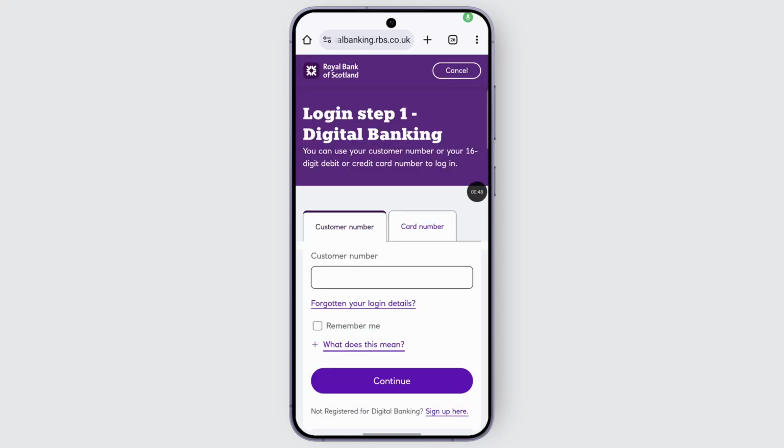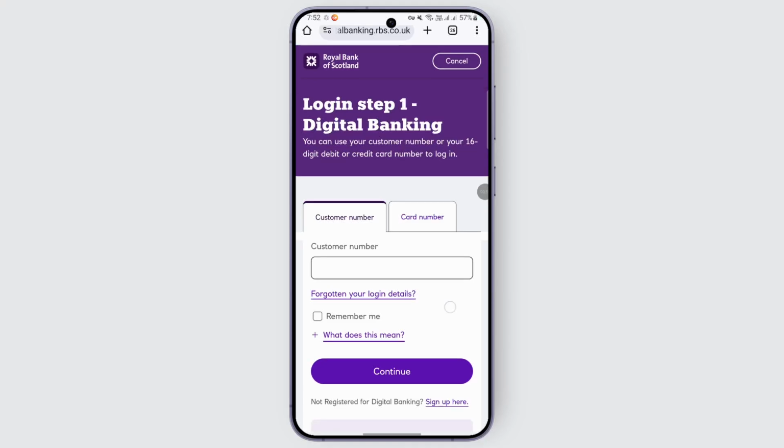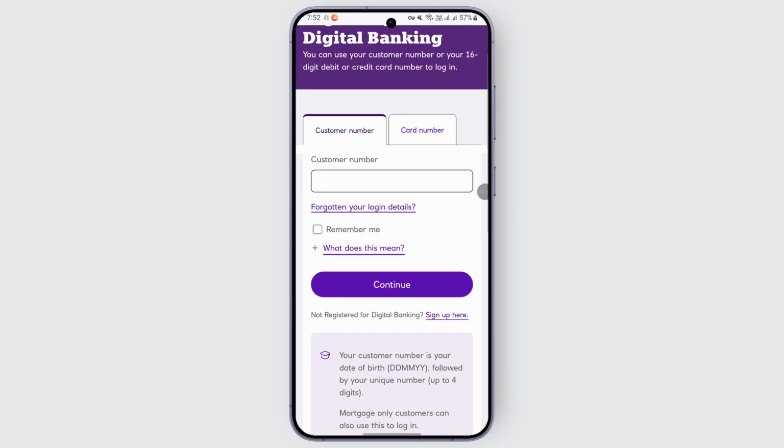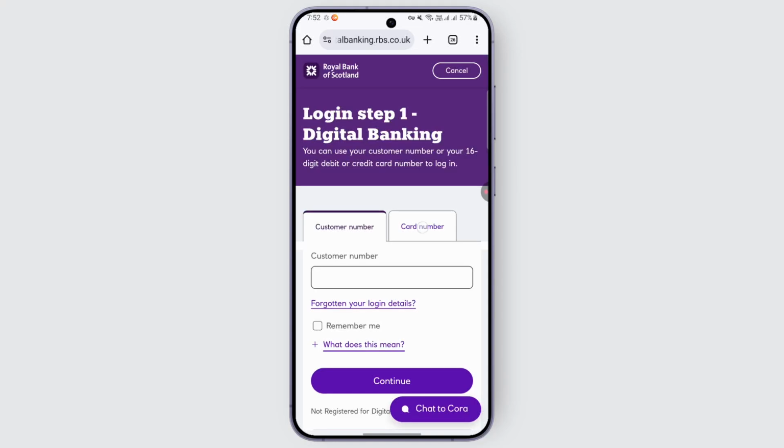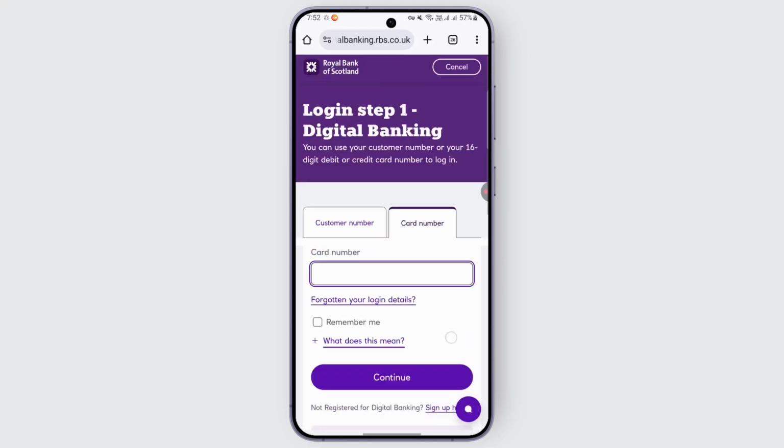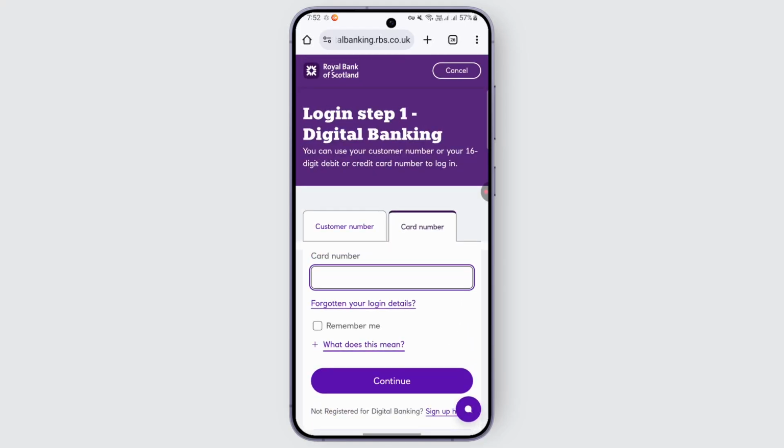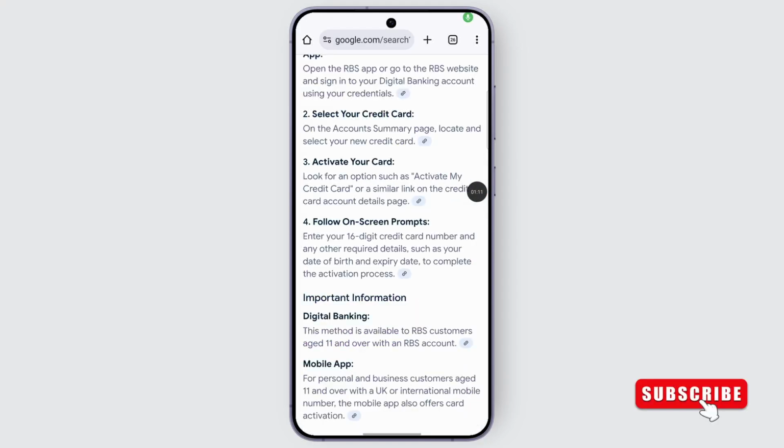So here, just go ahead and go to the space where you can use your credentials. So go ahead and provide up your customer number. And here, if you'd like to use your card number, you can select this card number and type it in here. After that, basically go ahead and tap on continue, and you will be logging in with your credit card number. And then once you are logged in, you can basically on the account summary page, locate